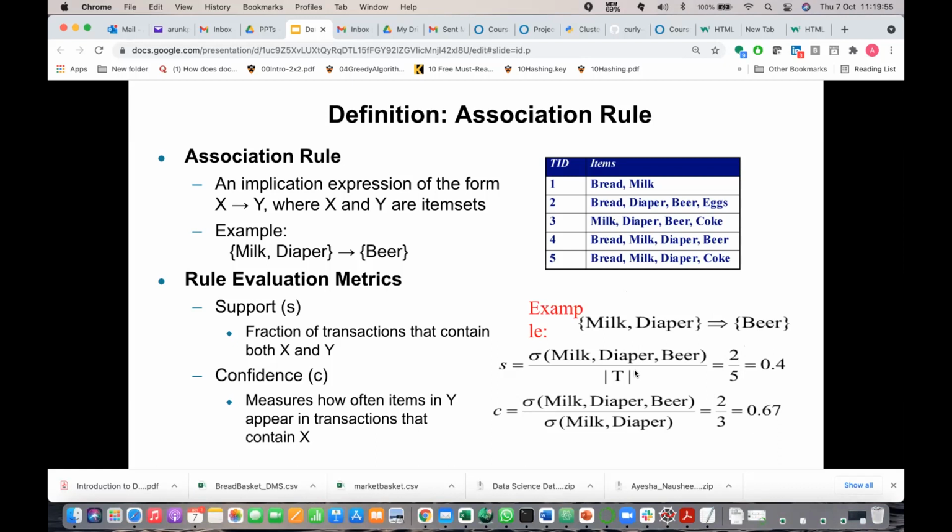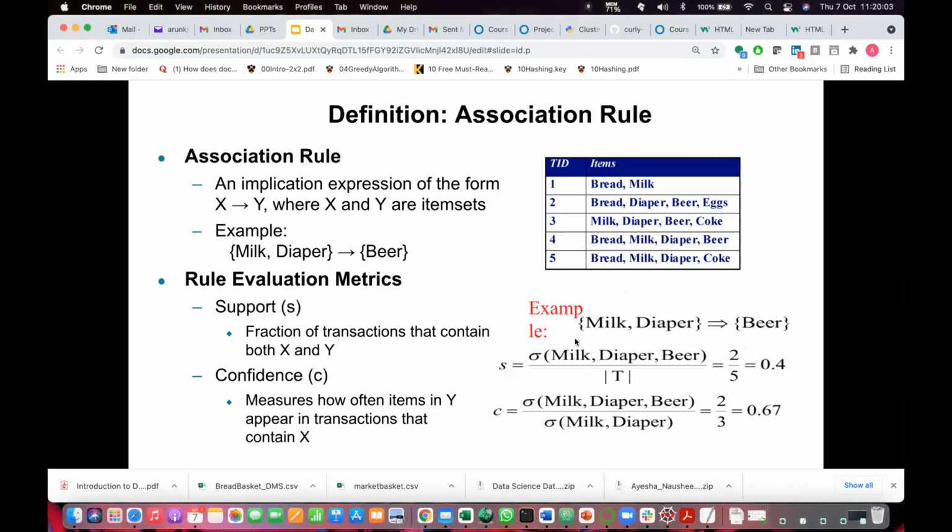If it happened only one time, let's say milk, diaper, beer, and no other time they purchased it, then we'd not say we observed it many times. If in so many observations I'm getting 67%, then the rule will have more confidence. If you don't have enough support, take a simple probability example. If you toss a coin only once and you get a tail, you cannot say that it will give tail 100% of the time, because it's 1 out of 1.